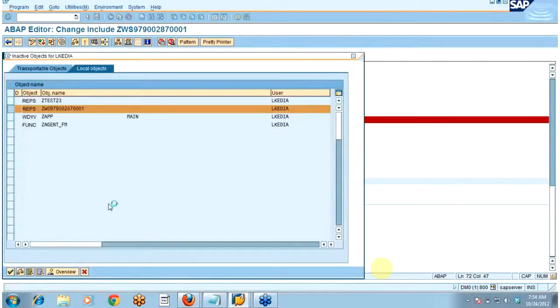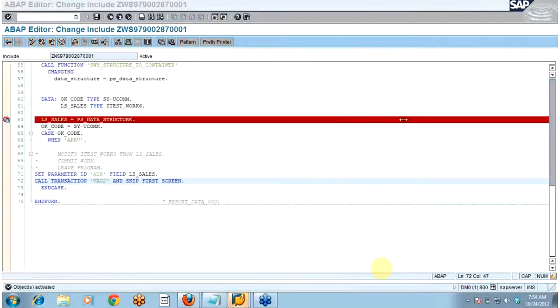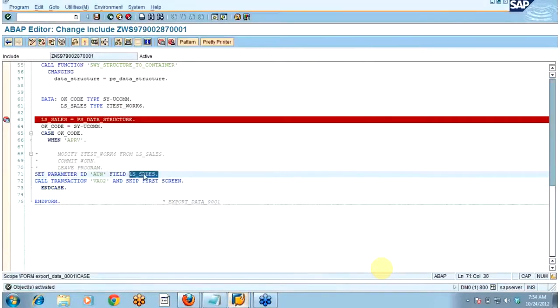You have to activate it. Let's see if it doesn't work with this LS sales, then I will write VBELN, but I think it will work. Let's see. So the debugger is there. Now I will execute it.